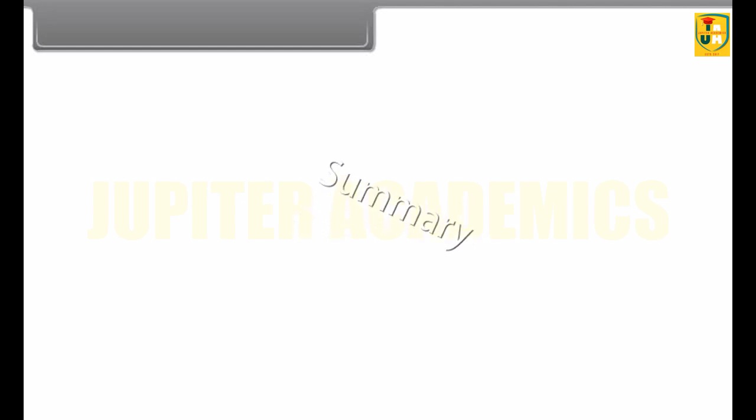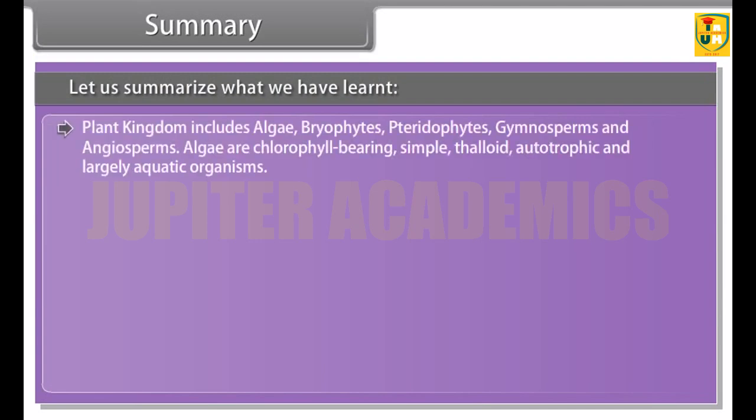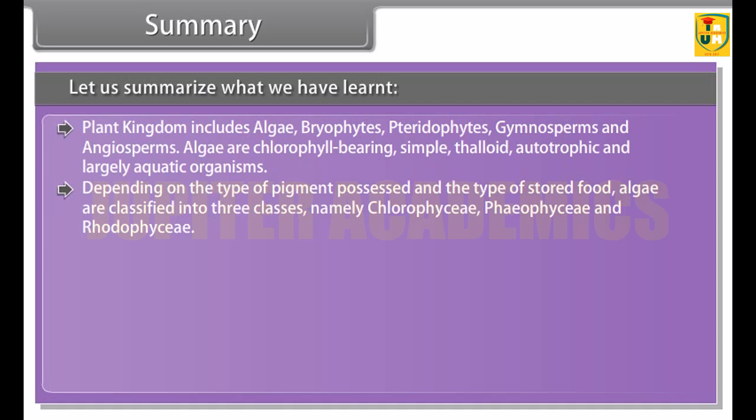Summary. Let us summarize what we have learned. Plant kingdom includes algae, bryophytes, pteridophytes, gymnosperms and angiosperms. Algae are chlorophyll-bearing, simple, thalloid, autotrophic and largely aquatic organisms. Depending on the type of pigment possessed and the type of stored food, algae are classified into three classes, namely